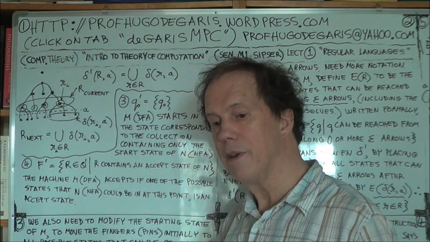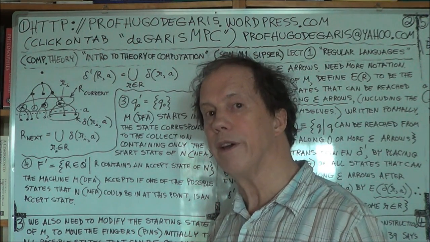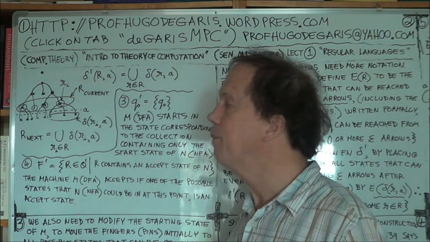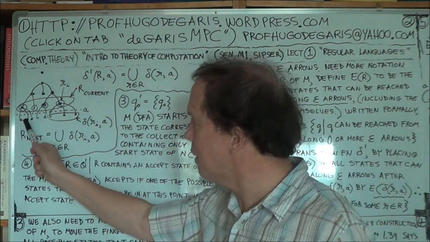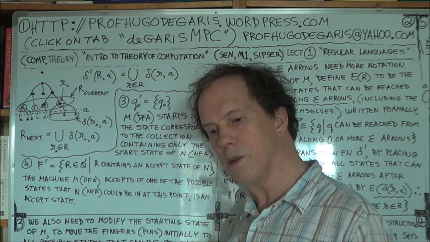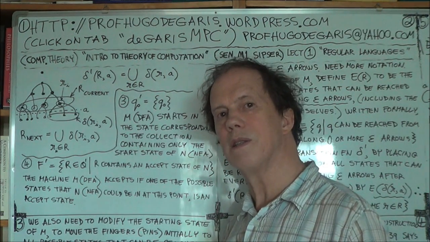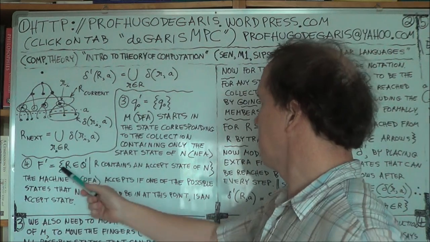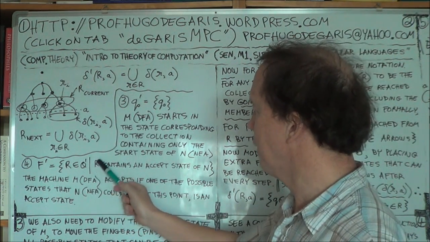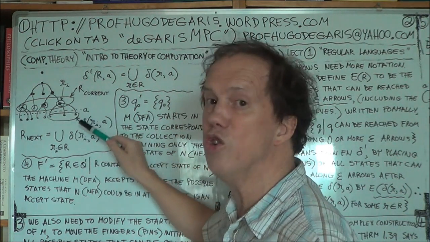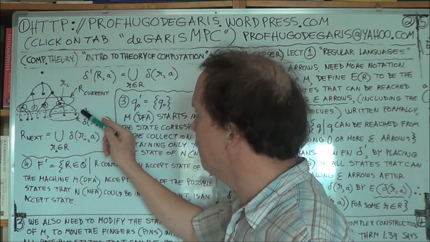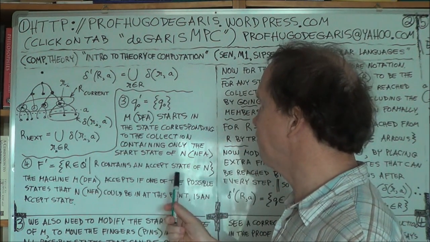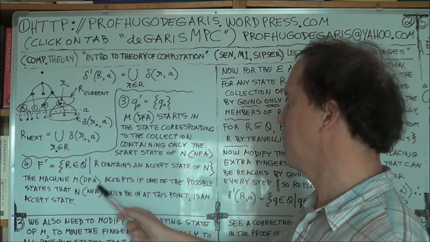Now what's F? That's the set of accept states of your NFA, because these states here are all states from Q, from your NFA. So if just one of those states here is one of the accept states, big F, then this whole machine accepts. So that's all it's saying here. So R is this unionized, so the redundant ones are thrown out. So if this R here contains a member that belongs to F, then